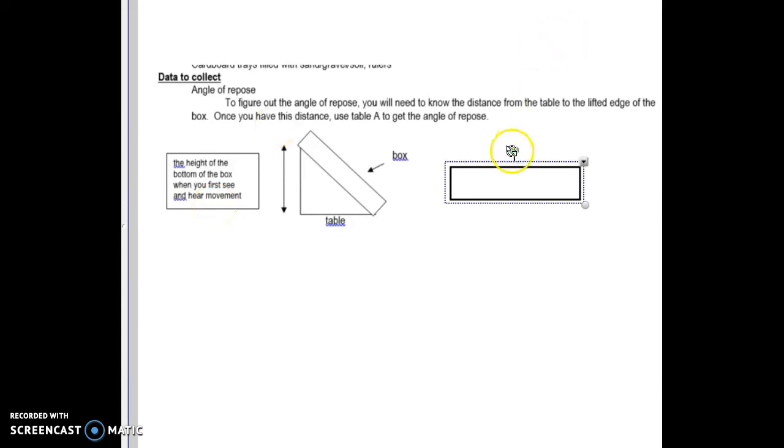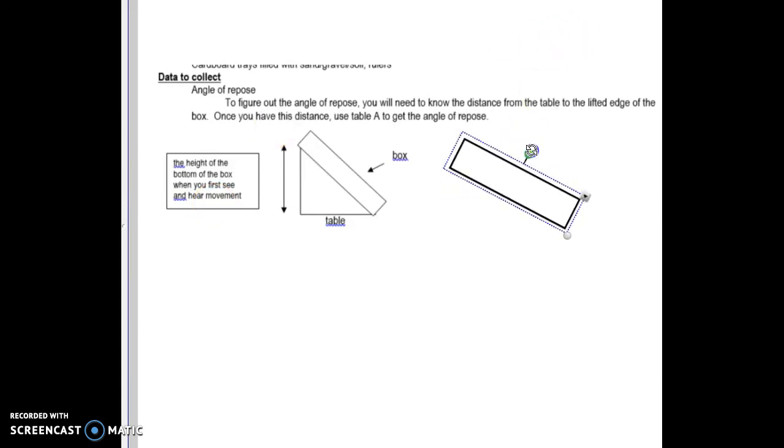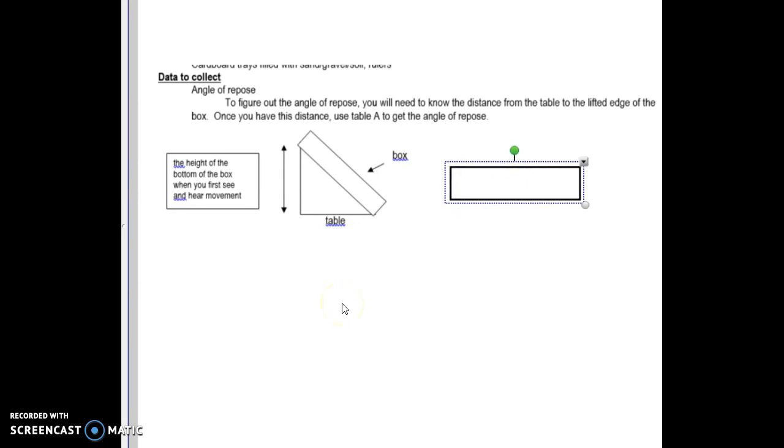So the students are going to turn the box like this, and then they're going to stop when they see and hear the movement, and then they're going to measure this distance right here, and then you would utilize the table that's on the last page of your lab document in order to get the angle